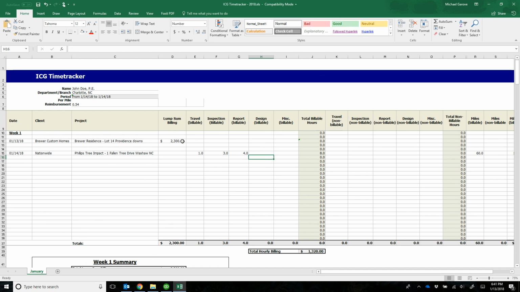One is a design for $2,300, and then another project that's more hourly. If you'll notice, the lump sum billing is accrued right here, $2,300, and then the total billable hours will be accrued along this column, and you can see that in this case so far we did 8, which comes up here. And then this total hourly billing is a product of the number of hours you worked,